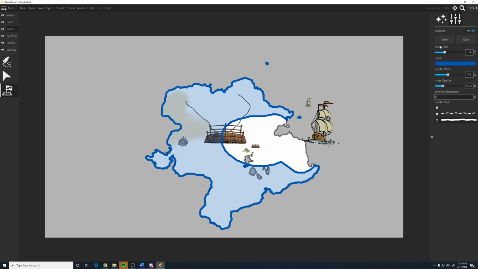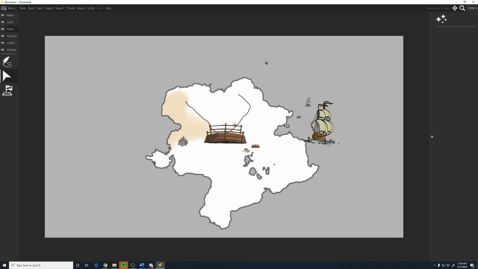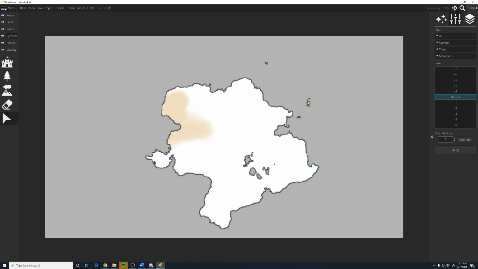Paths. This clear. There we go. And then we're just going to select the paths that I drew and hit delete and delete them. And then we'll go to symbols and select all the symbols that I put on there. And so now, previously I had a continent, but now I've got an underground cavern. If I want this to be, say, a nice,